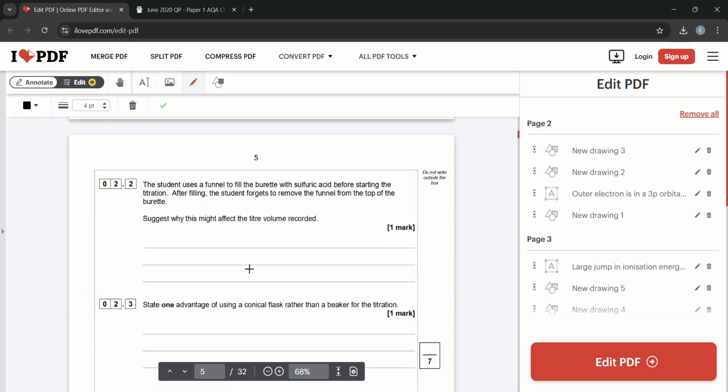Suggest why this might affect the titer volume recorded. When the student used a funnel to fill the burette with sulfuric acid, after filling, the student forgets to remove the funnel from the top of the burette. Well,